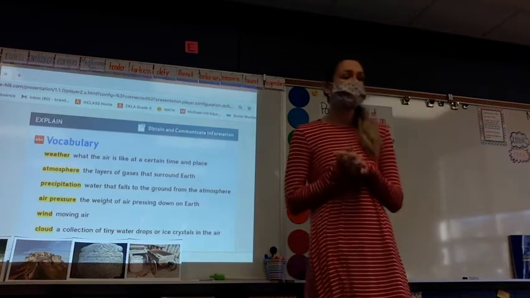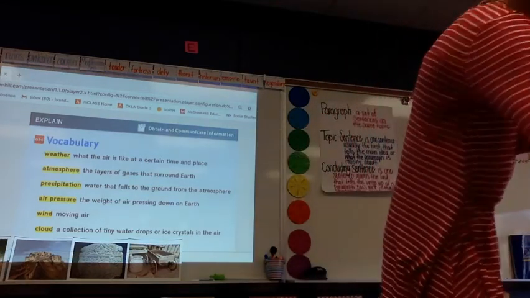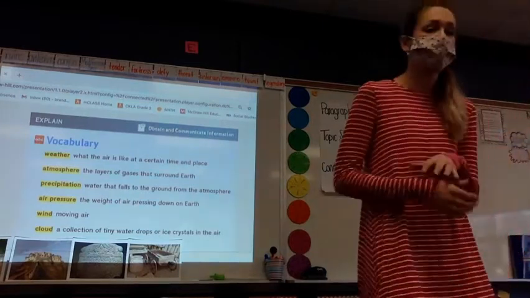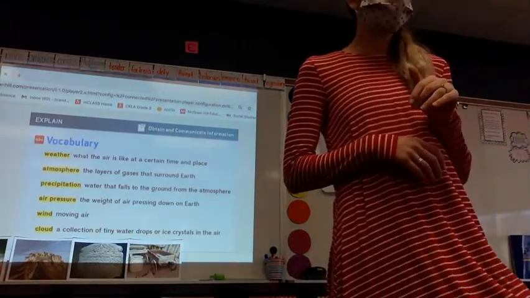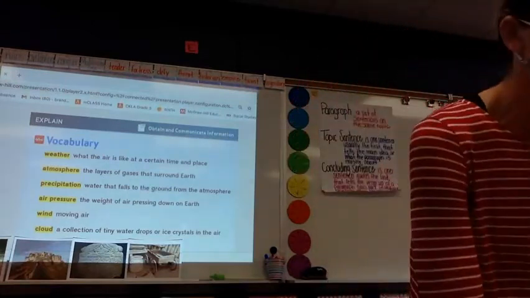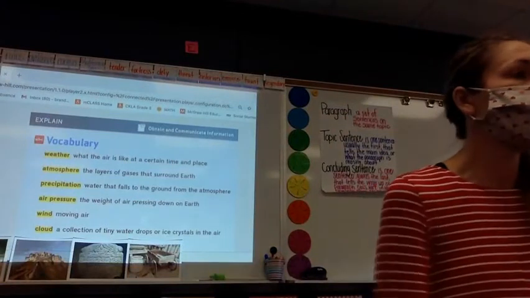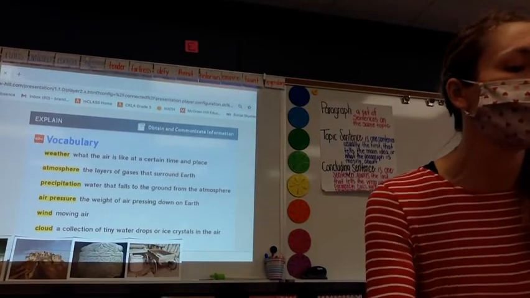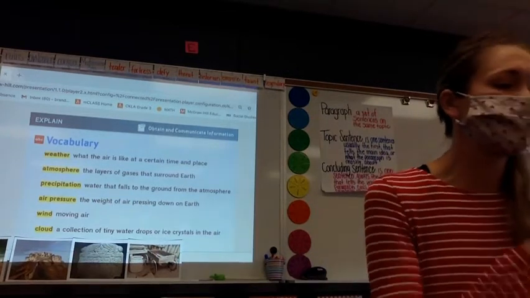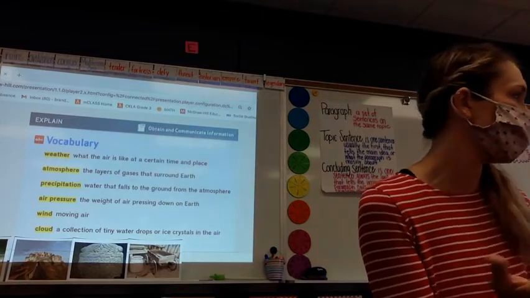Today we are going to do a little bit of an activity that's going to look at some air pressure. We are going to investigate to see whether the presence of air can keep something dry. So really what we're hoping to do is see what air can do in weather.